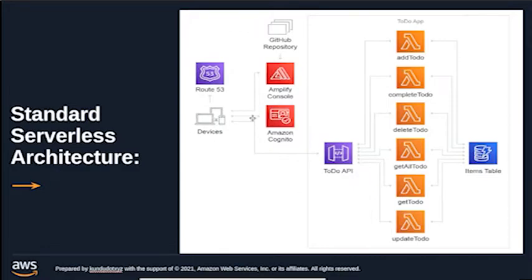Whenever any end user or any client device is accessing any application, that application is routed through Route 53. Again, Route 53 is a domain management service from AWS, which will handle, configure, create, and provision domains. You can buy and sell a domain using Route 53. It's pretty much like GoDaddy, Namehost, those services. So this Route 53 will be handling your DNS services, and then from your end user, it will go through